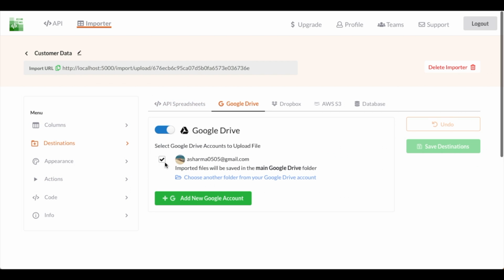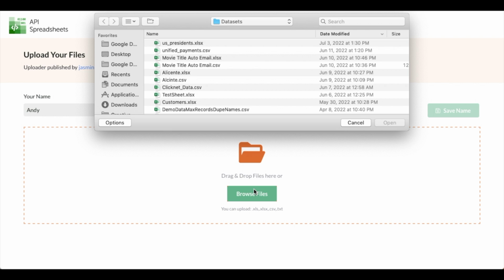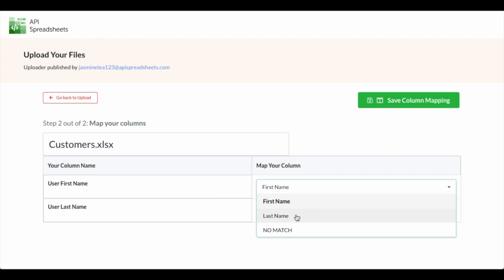Next, for destinations, I want this spreadsheet to be saved on my API Spreadsheets account as well as my Google Drive. Using the import URL, my customer can upload their spreadsheet. After they upload, our algorithm automatically matches the column names in the spreadsheet to the column name you specified when